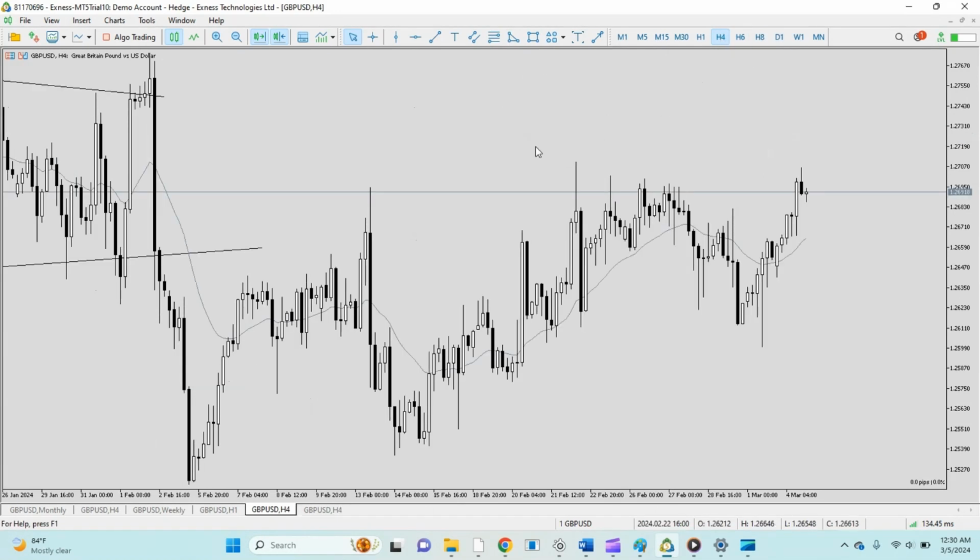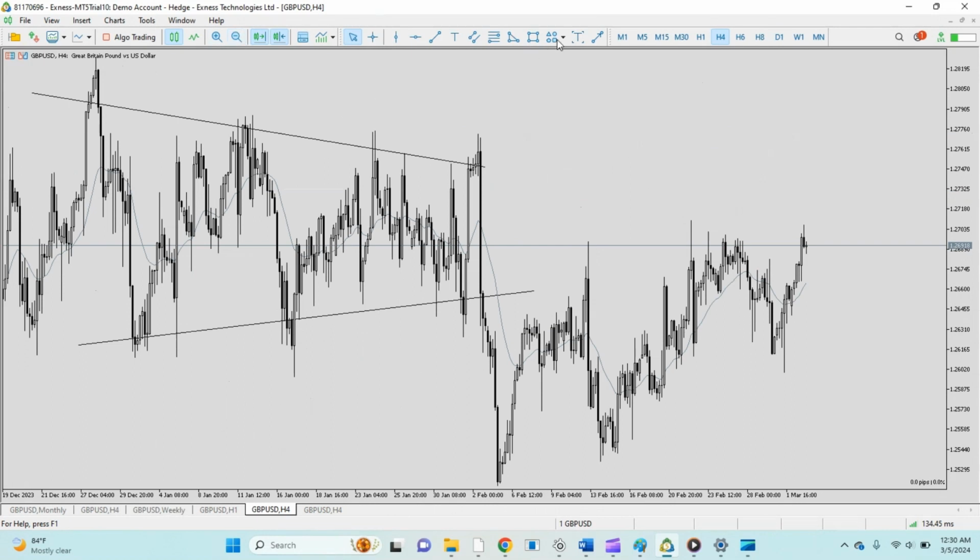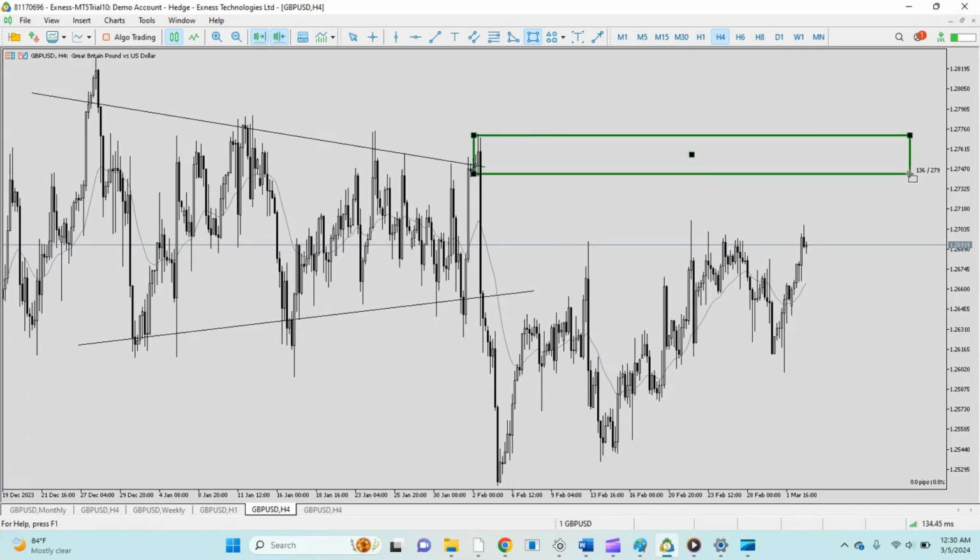In the 4-hour time frame, let's see if there is any pattern. Okay, so this is a demand level, supply level, and we have liquidity, liquidity, liquidity. So we may expect a hunt of this liquidity that will take price to this supply area. And if it breaks that supply area, we are likely going to